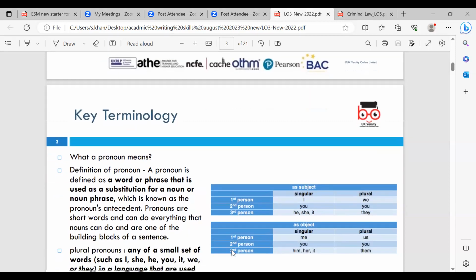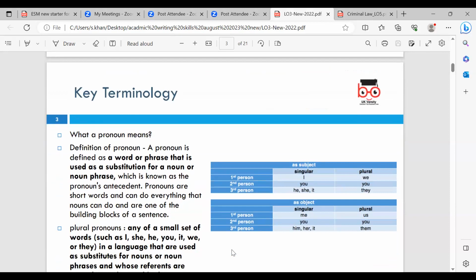Key terminology. So what are pronouns? If you look at academic English and why it's important, academic English is like writing in a convention or style, as we mentioned earlier. Generally, you need to keep your writing formal, you need to keep your tenses consistent, and you need to make sure that it is objective, okay? Most academic writing requires you to stand back and analyze, okay? So now we're looking at the key terminology and what are pronouns.